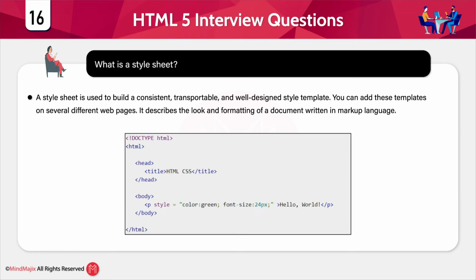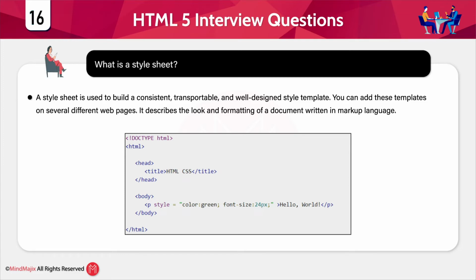If I want to apply a particular style to the entire web page, you can define that style in a separate CSS file, and you can link that CSS file with the HTML file. The link tag allows us to do what? Link the CSS file with the HTML. Whatever style you have defined under CSS will be applicable to the entire HTML page.